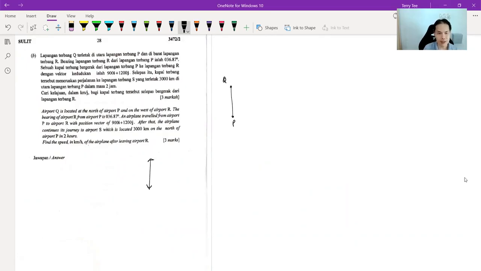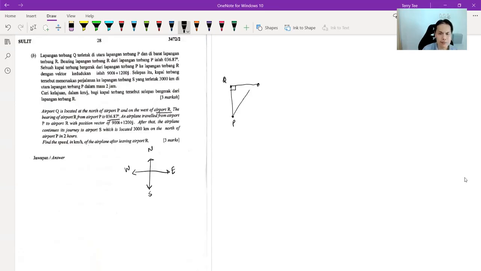I hope you have some sense of direction. Now, this is north, south, east, and west. So when you say Q is located west of R, meaning R is here, and this is a right angle, R is over here, right? Okay, maybe I shouldn't draw too long, because the question says the bearing of R from P is